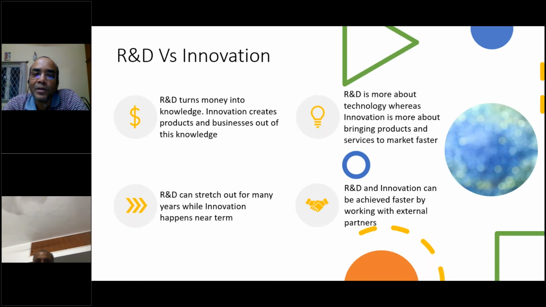And the knowledge that exists in the industry today is certainly not at the level where they can go all by themselves and do the R&D and do the innovation. So that's the reason why we think partnerships is the way to go. Because if you want to come up with a new product, and it's going to take maybe 100,000 hours for you to do it, and a certain amount of money, what if you tie up with somebody who has some know-how that can help you get there sooner at a lesser cost? So that's where the partnership really comes in.